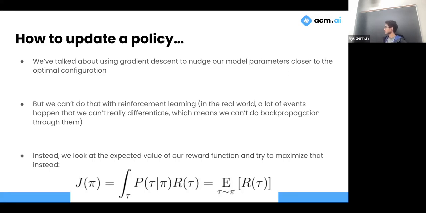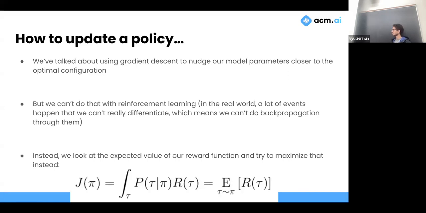But say your model is directly learning in the real world. It is a robot arm that's trying to pick up a cup, and it fails to pick up the cup. You have a camera that goes, oh, it failed to pick up the cup. How do you backpropagate through the real world? You can't. This is air. There are no matrices happening here. You can't backpropagate through the real world.